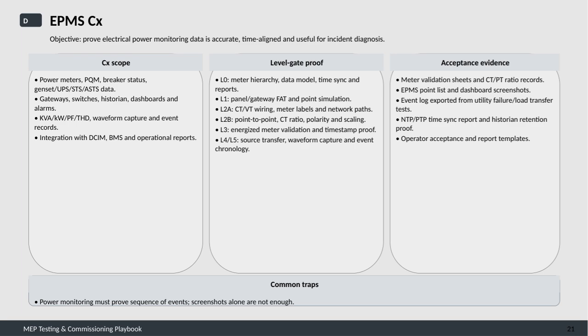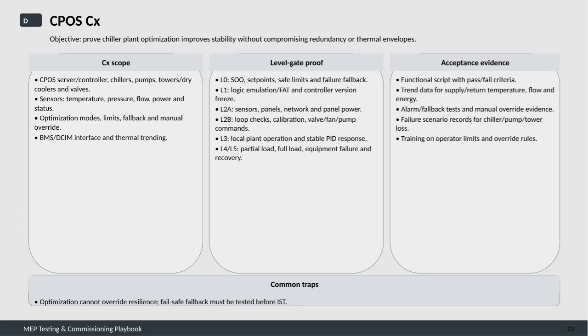So, comprehensive data capture and verification are essential to deliver reliable and actionable information. This slide outlines the comprehensive approach we take in the testing and commissioning of the CPOS chiller plant optimization system. The main objective here is to demonstrate that the optimization enhances system stability without sacrificing redundancy or compromising the building's